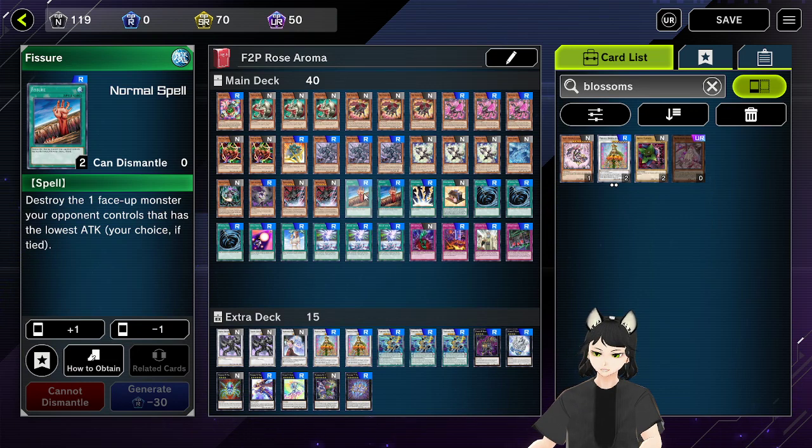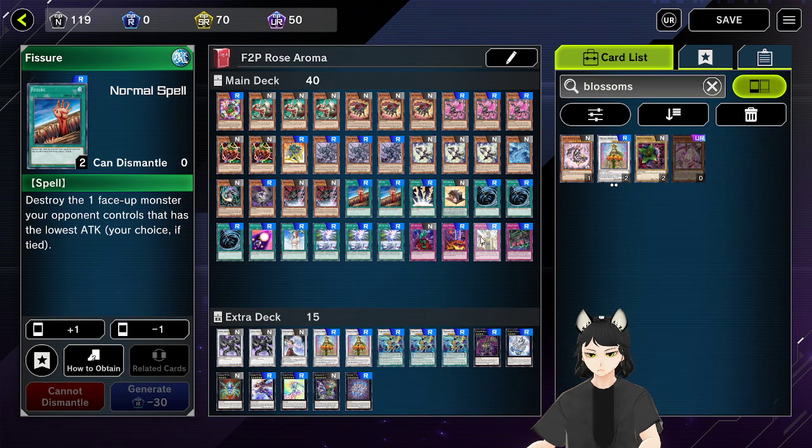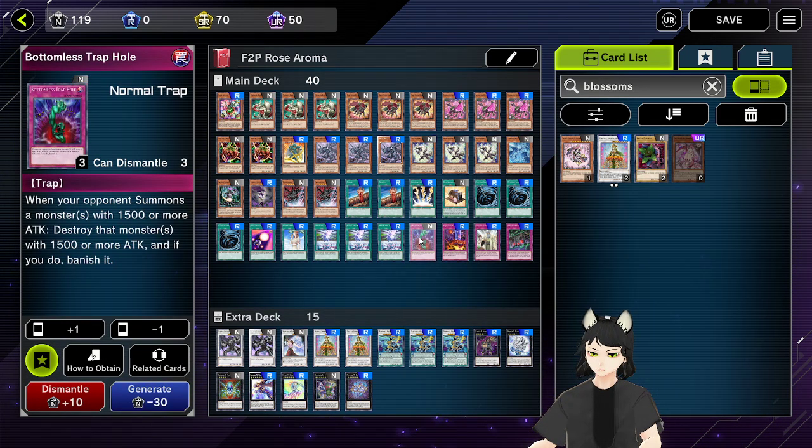And then I play 2 copies of Fisher. I think it works great because you can get rid of your opponent's Hard Earth Dragon, you can get rid of your opponent's Megalith Pool, and of any monster if they have only 1 monster on the field, so I play 2 Fisher. Then the traps, 1 Solemn Scalding, 1 Bottomless Trap Hole,